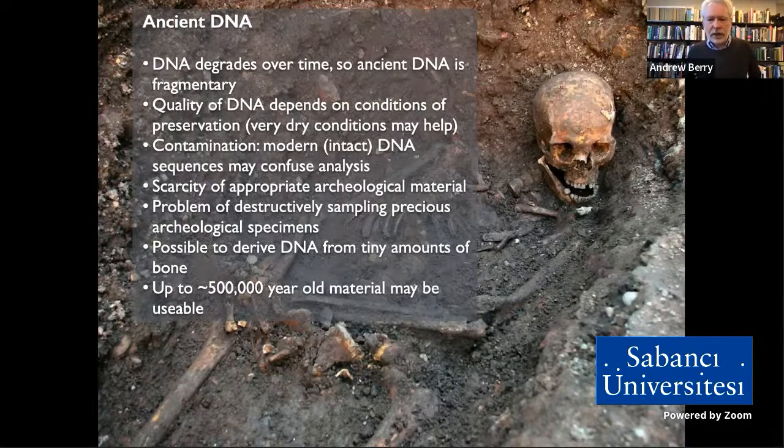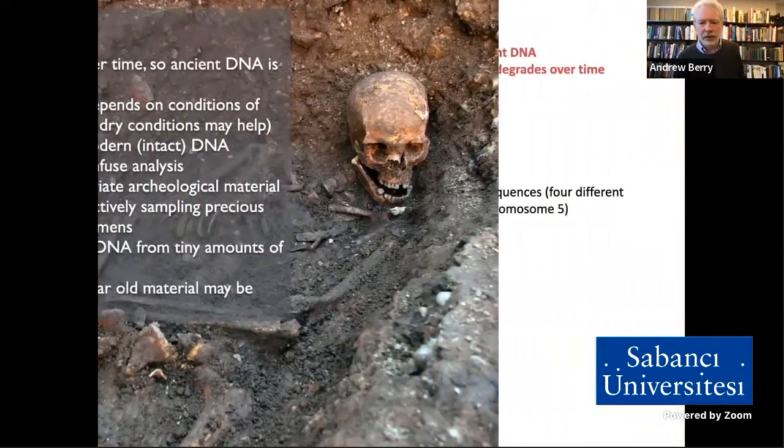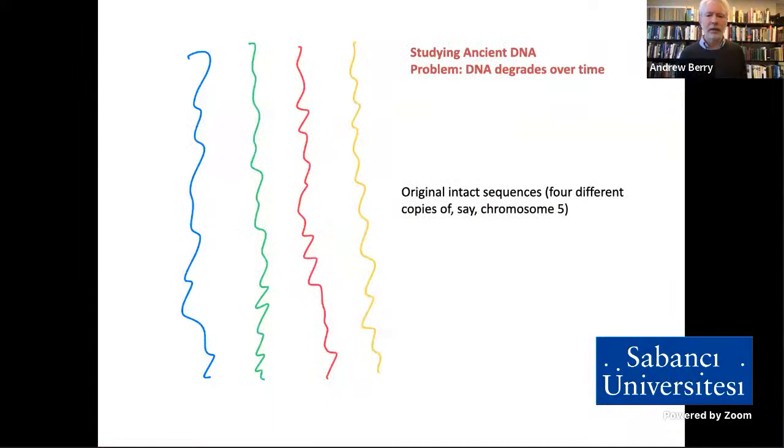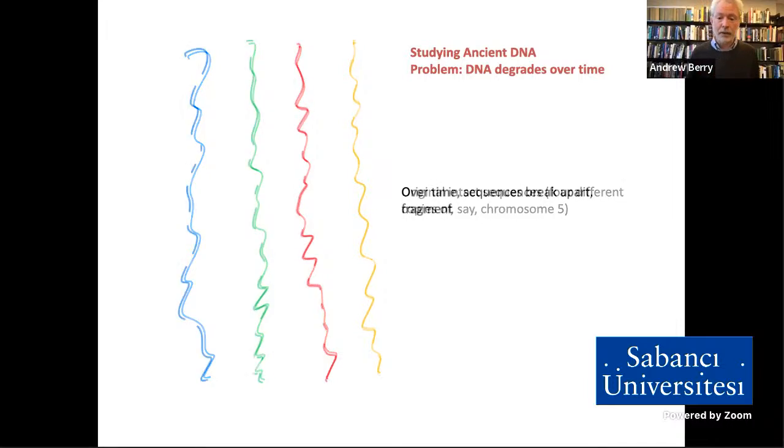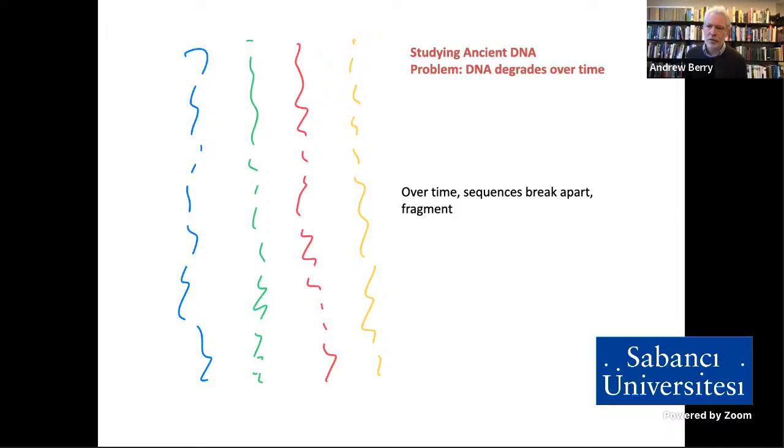Sometimes the DNA is very degraded. Inevitably, DNA degrades after death. So the question is how degraded it is. There are all sorts of technical problems, and only about 10 years ago did we have technological answers to those technical problems. So, very simply put, here's some DNA from a chromosome, and then you die, and what happens? Well, the DNA breaks apart. And so you don't have any nice long strands of DNA as you do with what you might call healthy modern DNA.